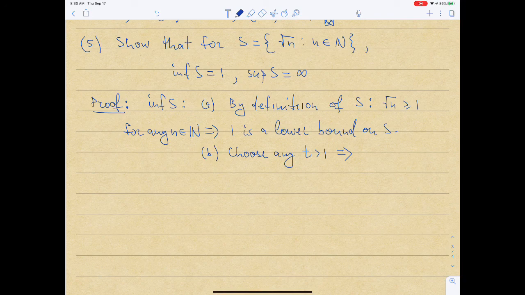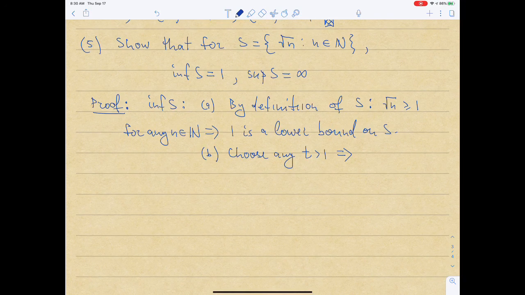Well, so we can immediately note one thing, so let's write it as a note, that 1 belongs to the set S, right? Because when n is equal to 1, 1 is a natural number, square root of 1 is 1, so 1 belongs to S,